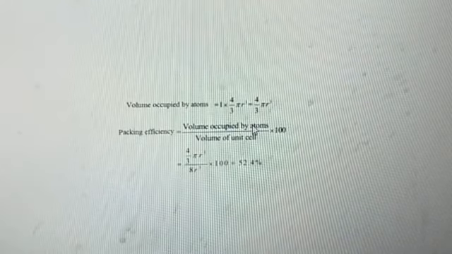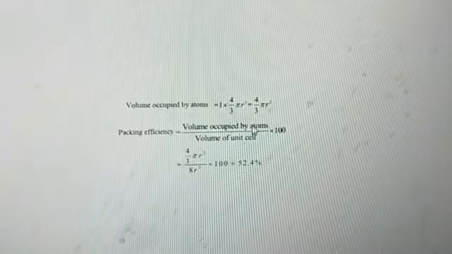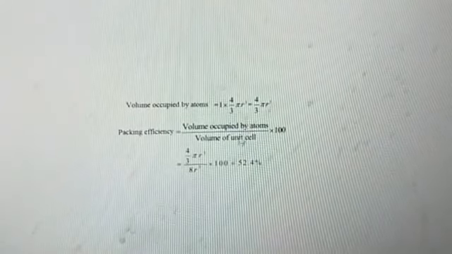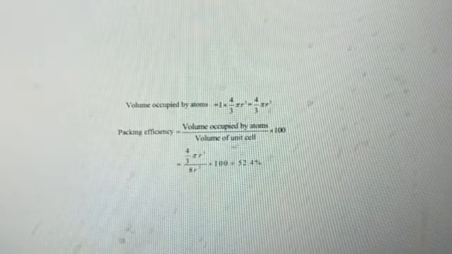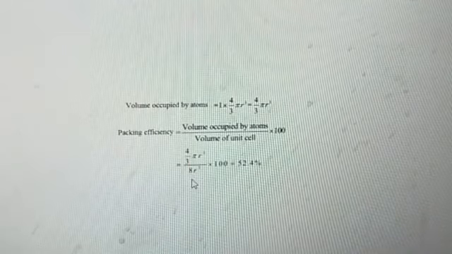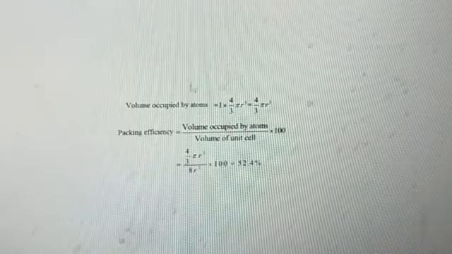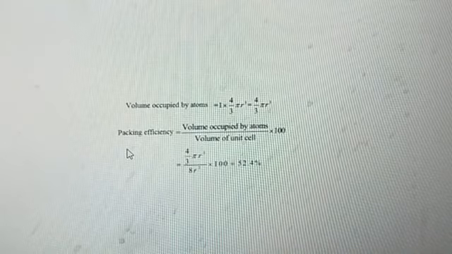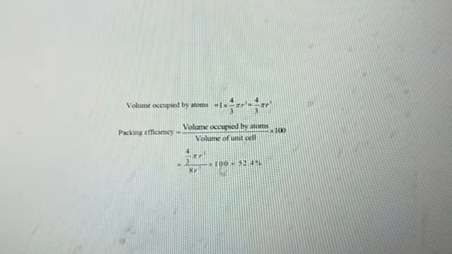Packing efficiency means nothing but the volume occupied by the atoms divided by the volume of the unit cell. It may be one atom for simple cubic, it will be 2 for body centered, and 4 for face centered. So here the volume occupied by the atom is 4/3 pi r cube. And the volume of the cubic unit cell? A is equal to 2R. The volume of the cubic cell is nothing but A cube, so 2R whole cube. 2R whole cube gives 8R cube. So 4/3 pi r cube divided by 8R cube